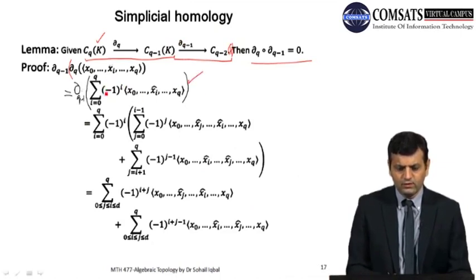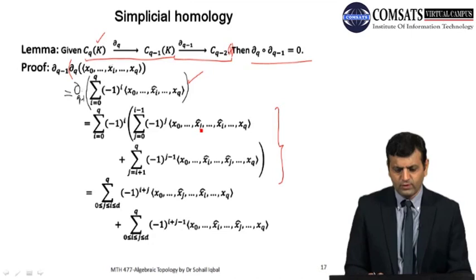Now applying ∂_{q-1}, we can write it down in two stages. The first stage is j equal to 0 to i minus 1, where we have minus 1 raised to power j, and there is no problem with this, as long as we are removing a vertex before the ith vertex. But the problem arises when we remove vertices after i,